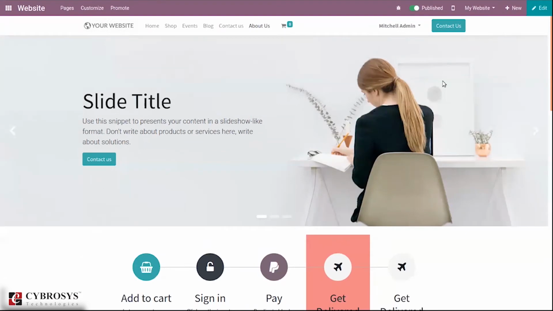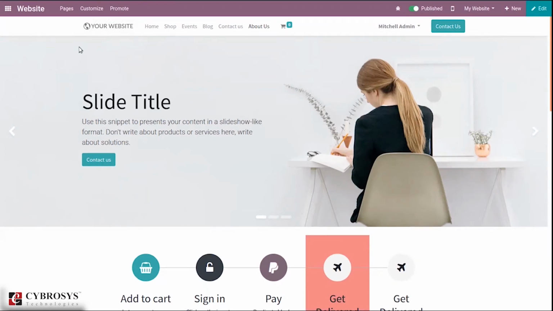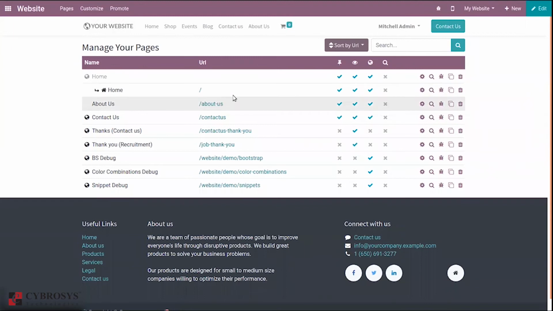In Odoo 14, we have a lot of new snippets. If you want to know more about those snippets, just check our videos we have done. Then it is also possible to view total pages created. We can manage pages, and we can also manage page properties. When you click on manage pages, you can see all the pages and their URL, and we can see whether it is published or not,